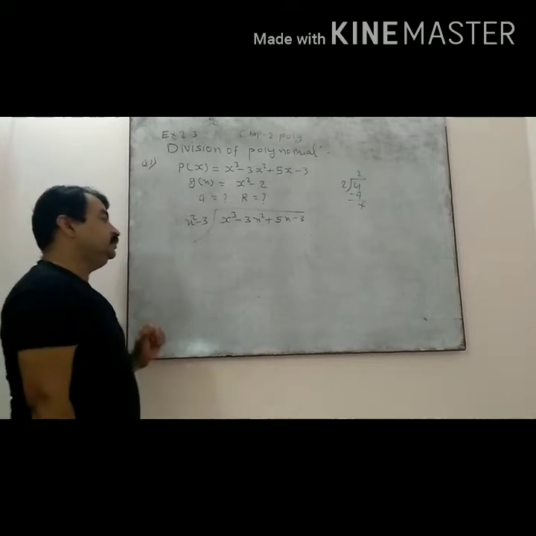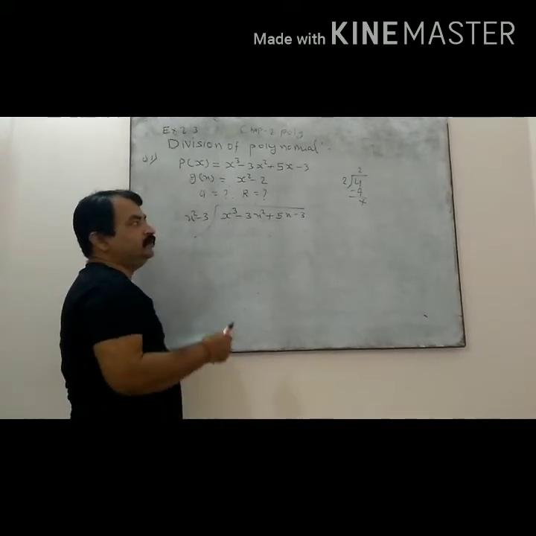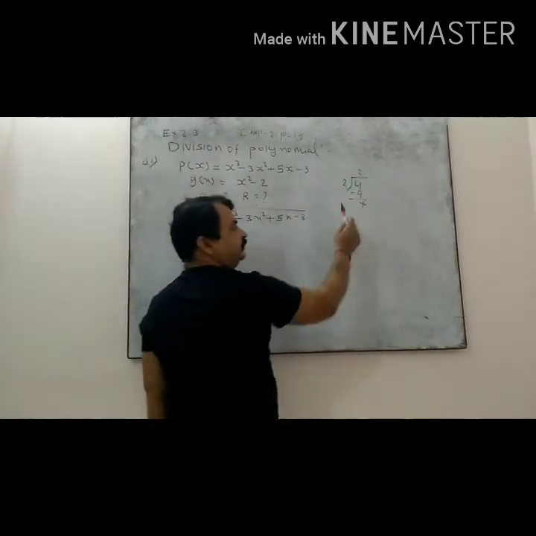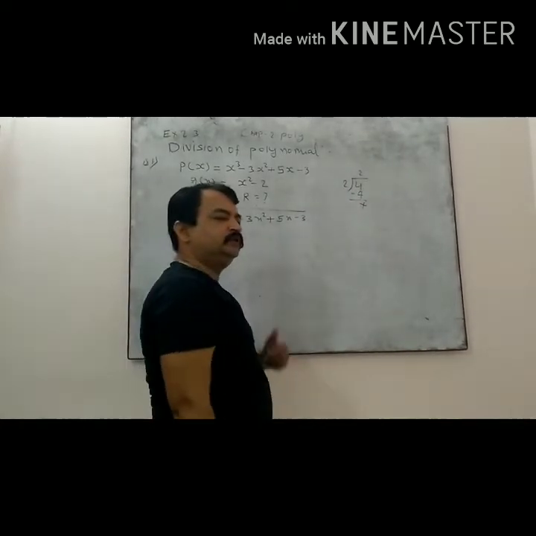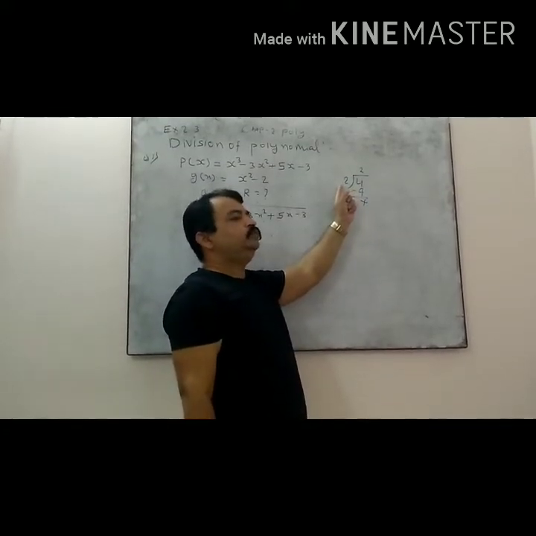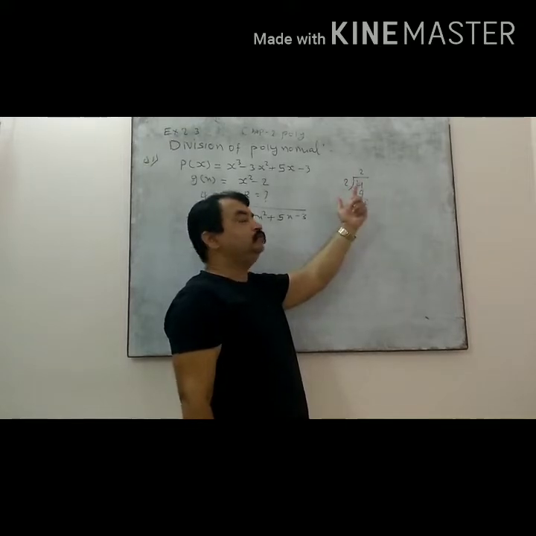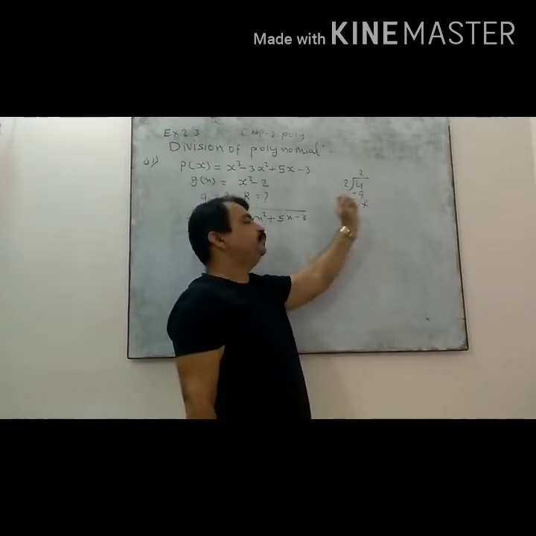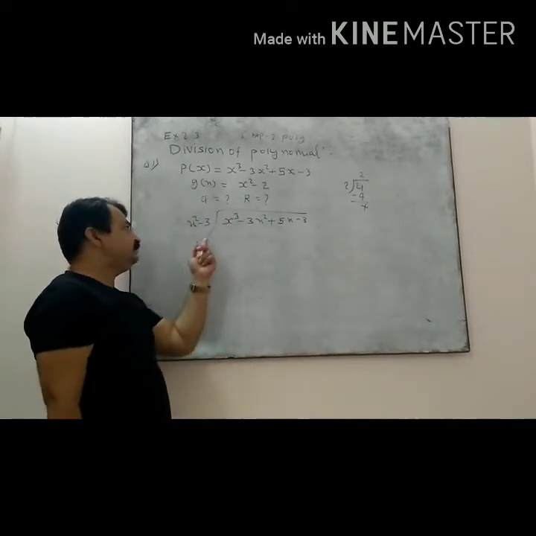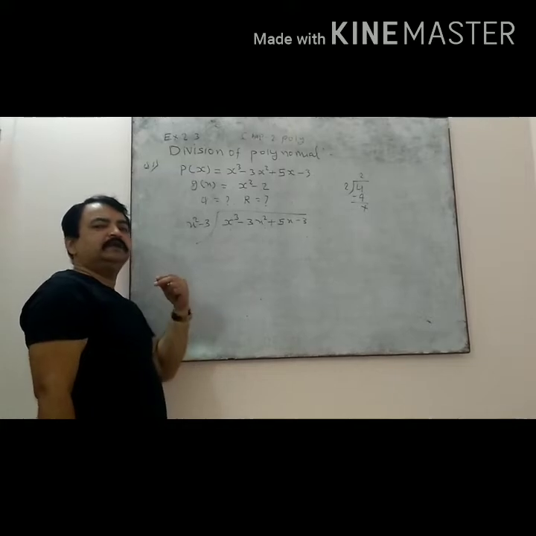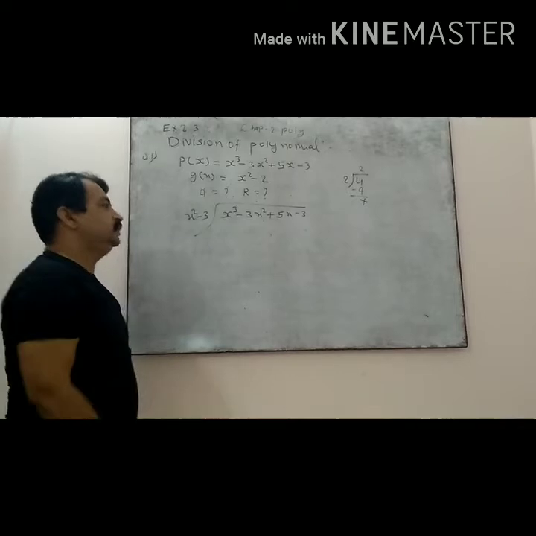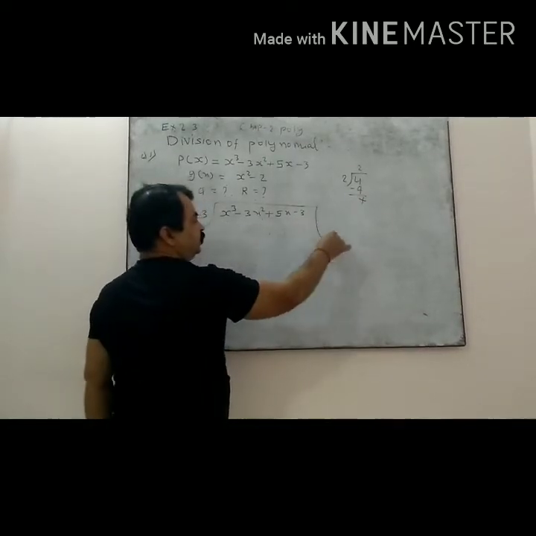Clear? The division process is the same as when you do division for simple numerals. For example, 4 divided by 2. So what question do we make here? What will you multiply in 2 to get 4? Definitely 2. 2 twos are 4. So in the same pattern you have to make the questioning by yourself, and you have to get the required answer to get the terms one by one in the polynomial.